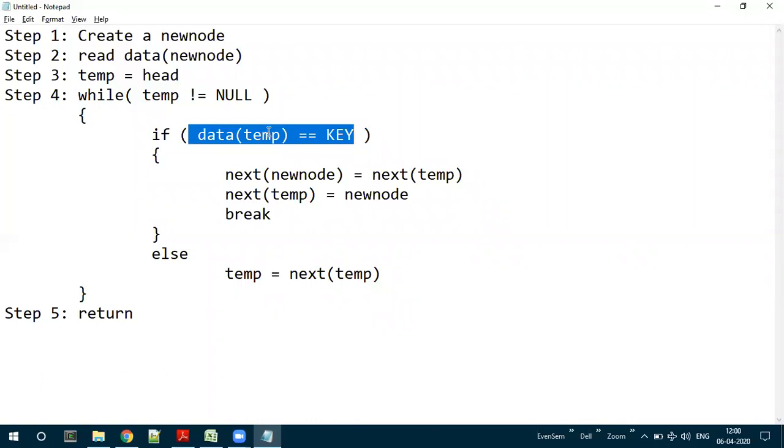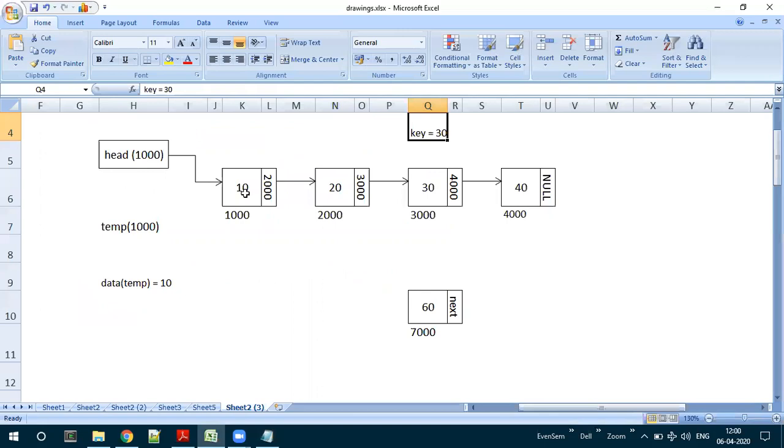Is this statement understood, or should I repeat? Data of temp. Temp is what? 1000. So data of 1000 is 10. So data of temp is 10 and key is 30. Is 10 equal to 30? No, 10 is not equal to 30.